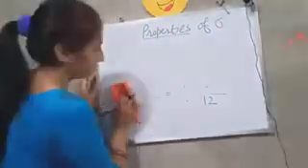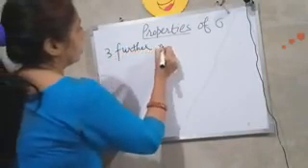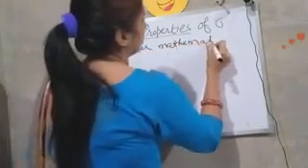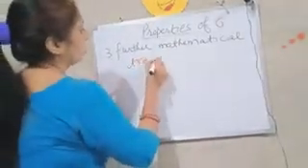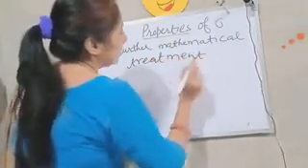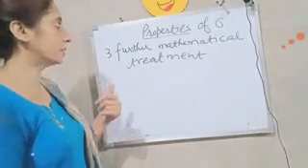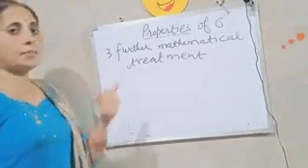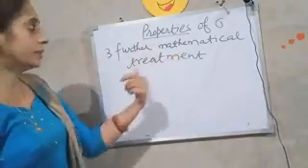That is the second mathematical property. Now the next, the third property is that it is capable of further mathematical treatment. What do we mean by that? We have done till now 4 measures of dispersion: range, quartile deviation, mean deviation, and now the standard deviation is being discussed. Now none of the other measures of dispersion is capable of further mathematical treatment.